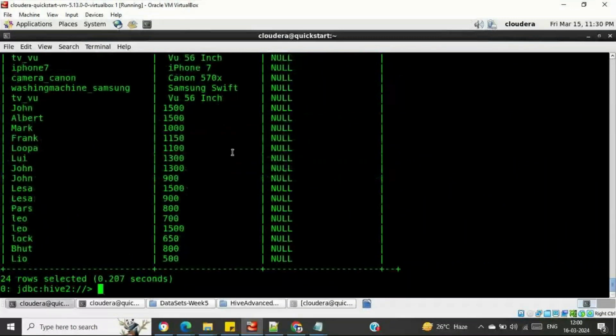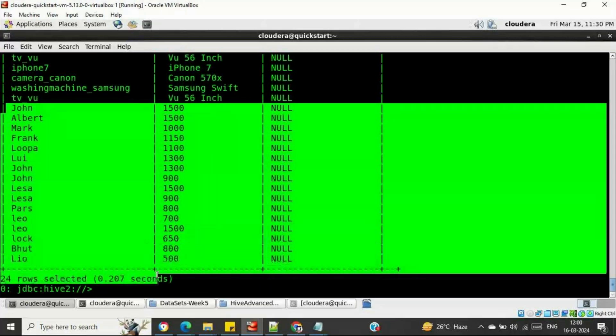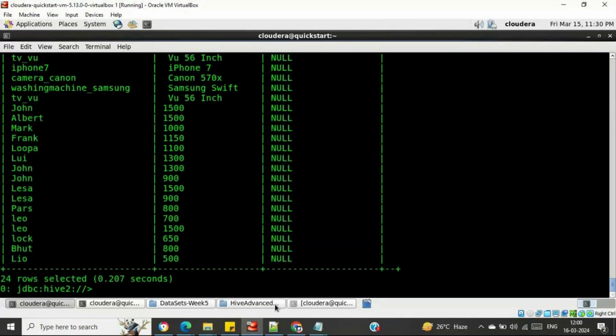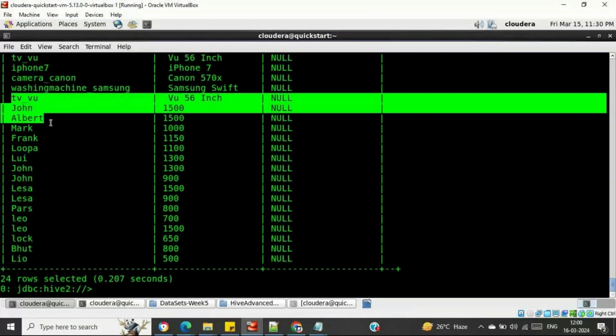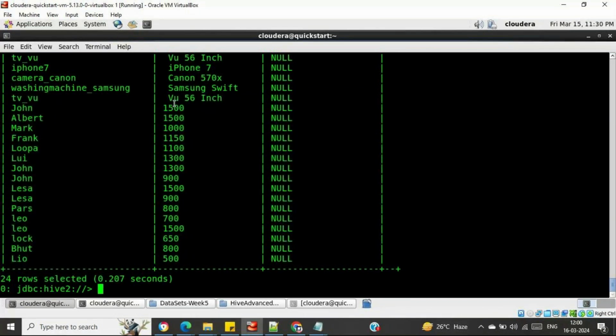Okay, so the first two columns have been inserted. What I have mentioned is, let me try to show you. Say this particular table has five columns, so it is going to ingest five columns into this data. The rest of the three columns will not be available,